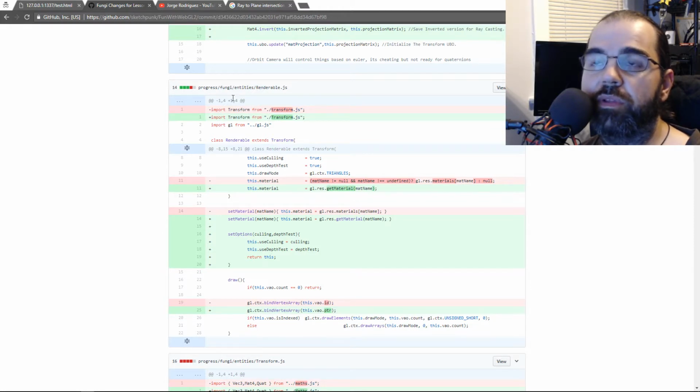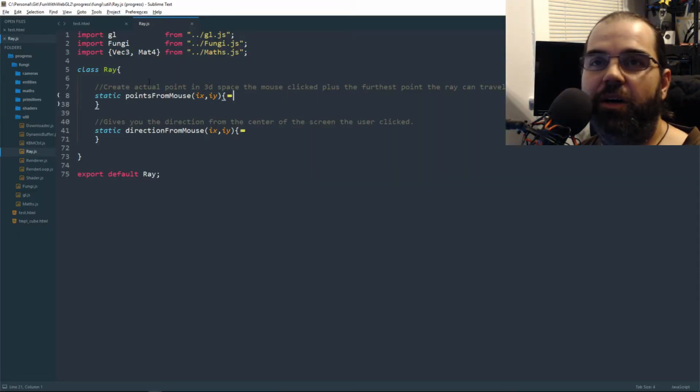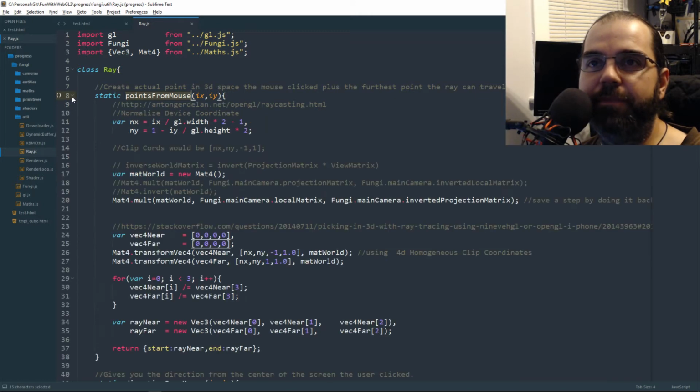So one thing, for example, I created the ray module, and these are two functions. I think either we just had a bunch of code and I turned it into functions, or I did make these functions. But these are the two raycasts. I just want to point out some changes I did. Originally, to build a raycast, there are two ways of doing it, for the points, to get the actual two points, the start and end of the ray,